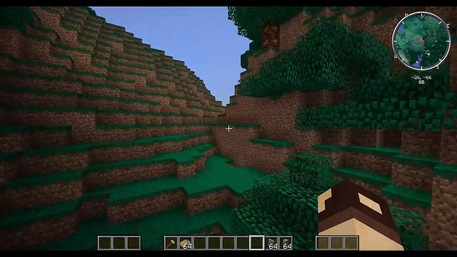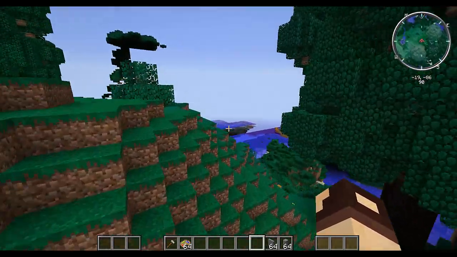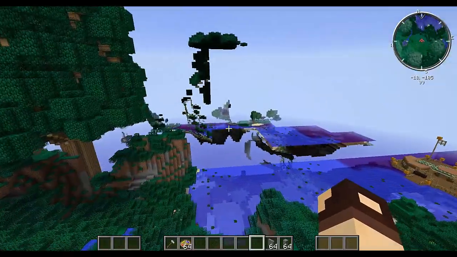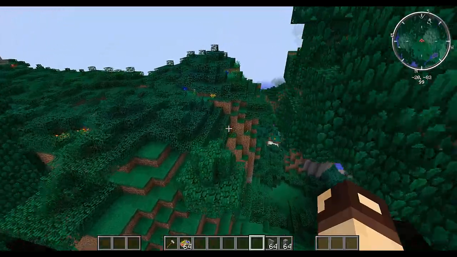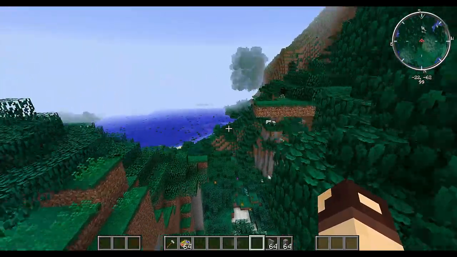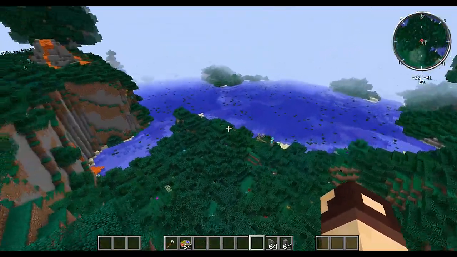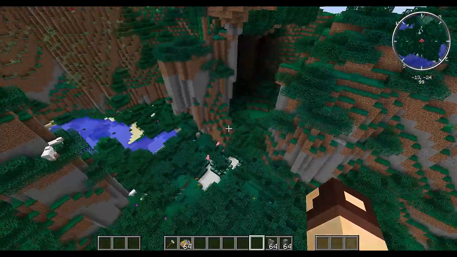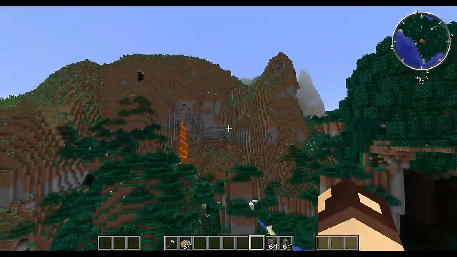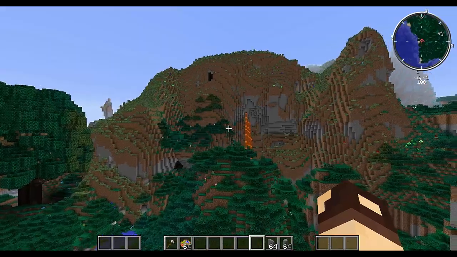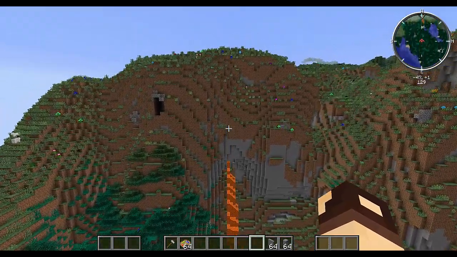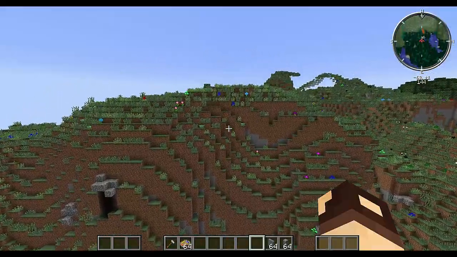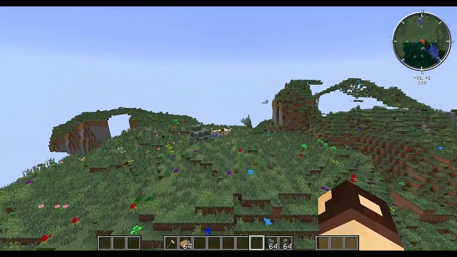I'm using the Biomes O' Plenty biomes, which I think should be okay. But we're going to go and do a massive building here and then have it go back into that mountain. Maybe we'll have it up here and it'll just go straight into the side of the mountain, and it'll keep going for as long as there is space on the server.